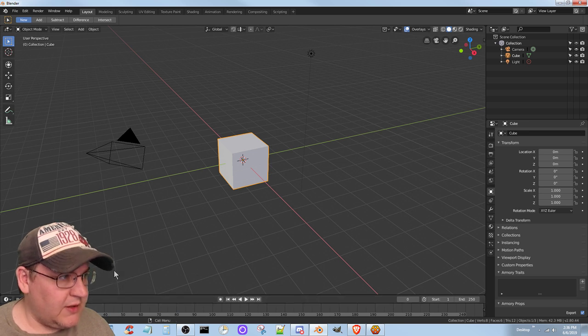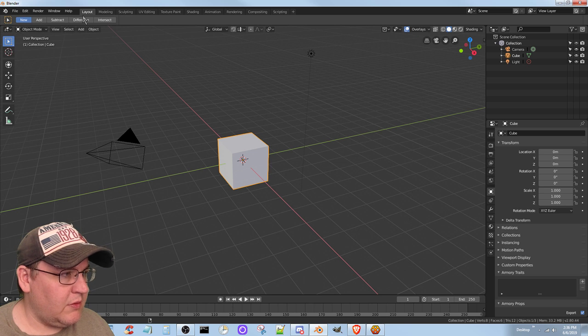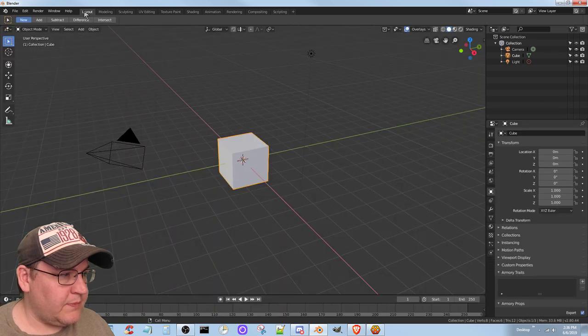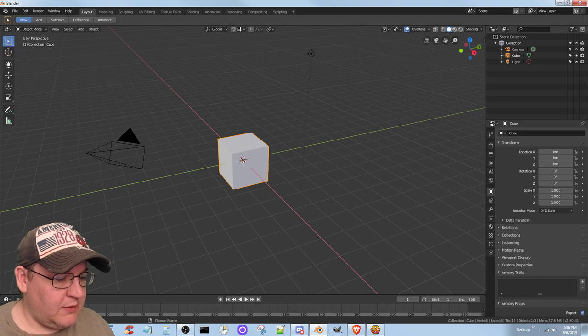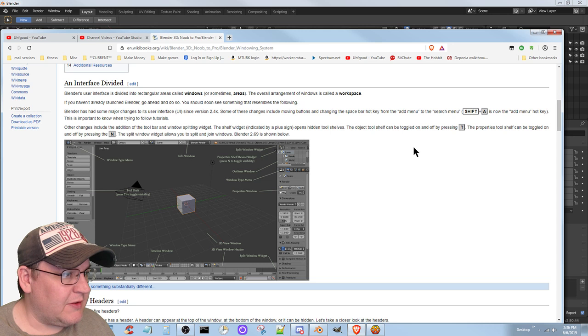Which is interesting. File, new, general. Put everything on 1. Scripting, I think it's back the way it was too. Okay, so now let's go. Wait, that's not what I meant to do. This is what I meant to do. Okay, so